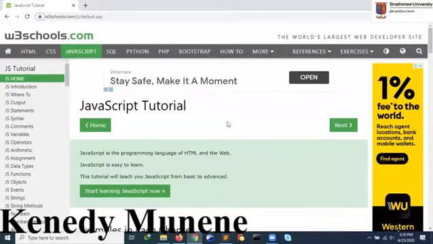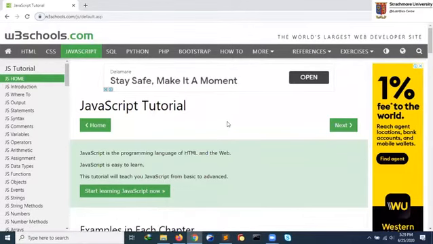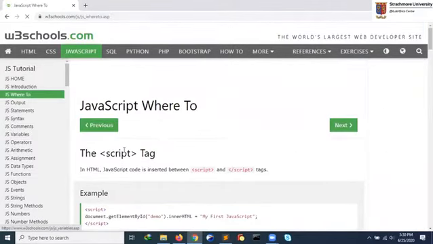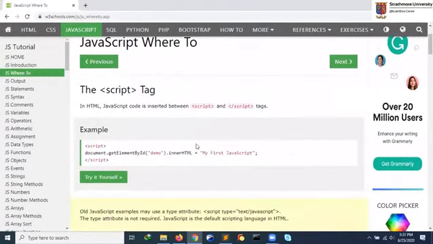JavaScript is the programming language of HTML and the web, and it is used to add interactive content within your website. The way we add JavaScript code on HTML is through what we call the script tag, and the script tag has the opening and the closing tags. And an example is given here,